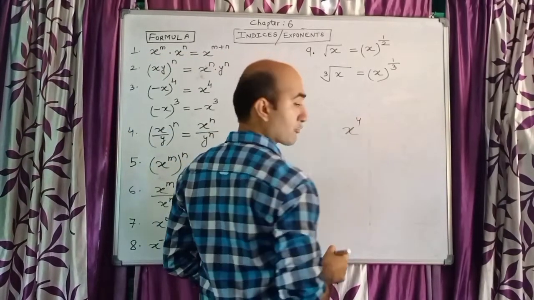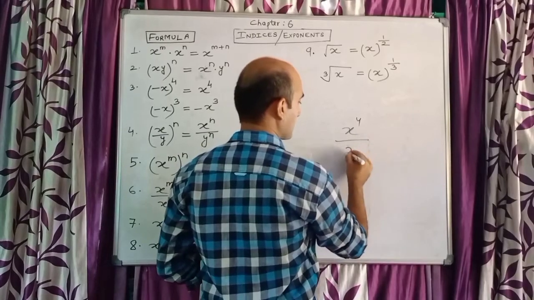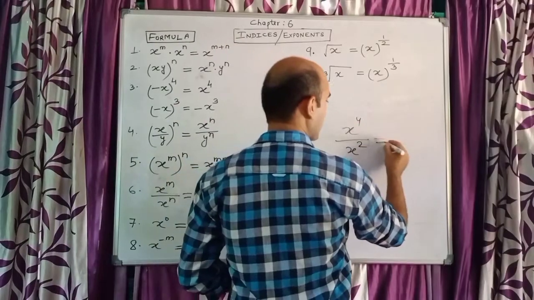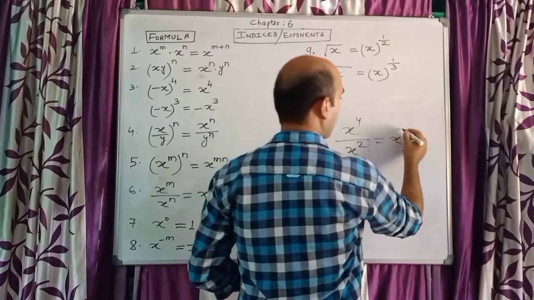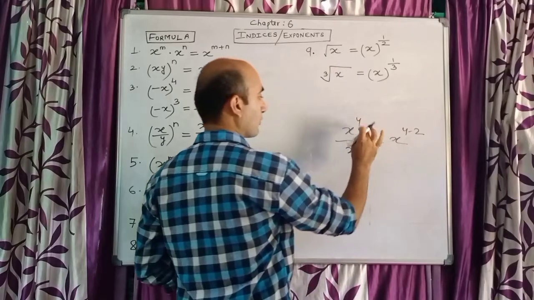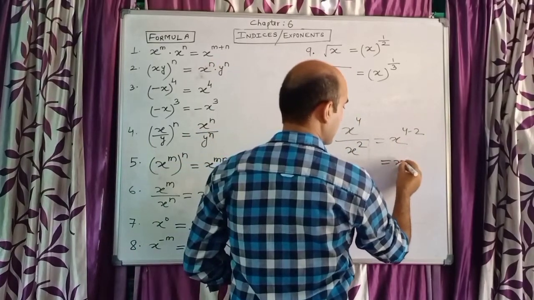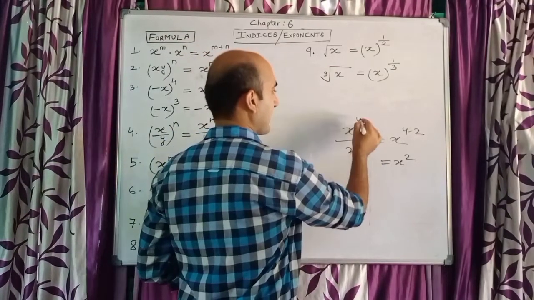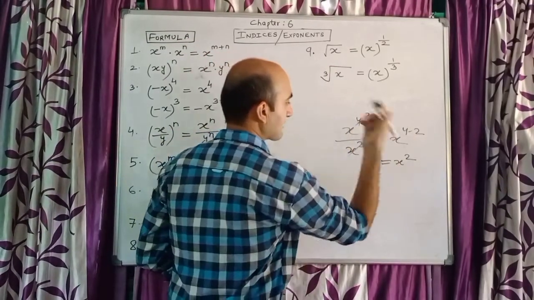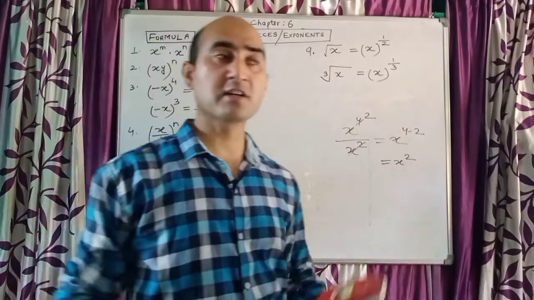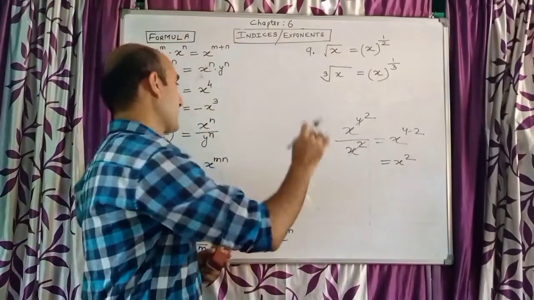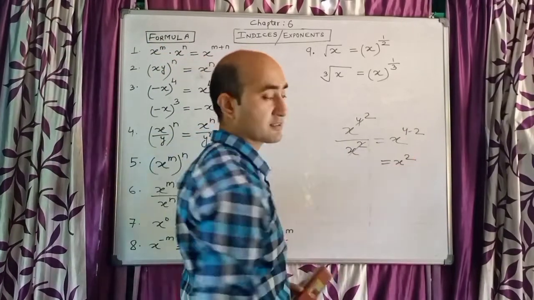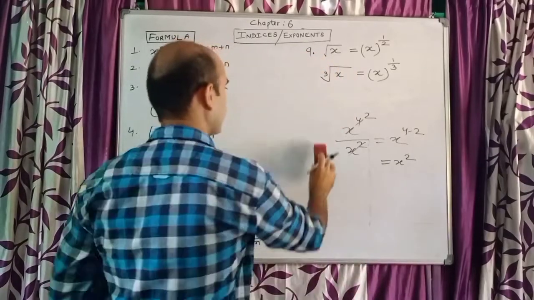Suppose I have x to the power 4 here and here I have x to the power 2. Then what I can do, both the x you write as single x and subtract the power, 4 minus 2. This 4 and this 2 you subtract, our result is x square. That means normally what we do, we simplify and write here and the same result we get. So how the result comes, actually the power at the top and the power at the bottom, they subtract and the final result we get. So this is very simple, children.